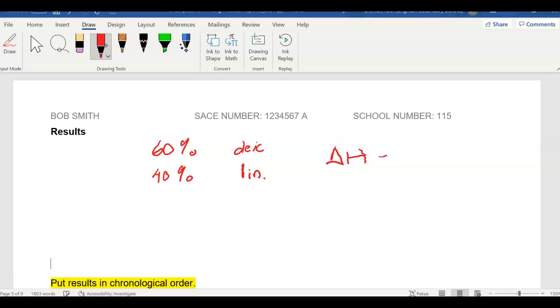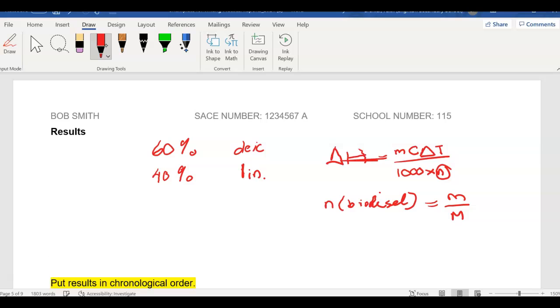Now, you hopefully remember the formula for that. I apologize that this isn't working very well. This is a formula. Now, we need the number of moles. To find the number of moles of our biodiesel, we need the mass, which of course we've found before, divided by the molar mass. To find the molar mass of our oleic acid